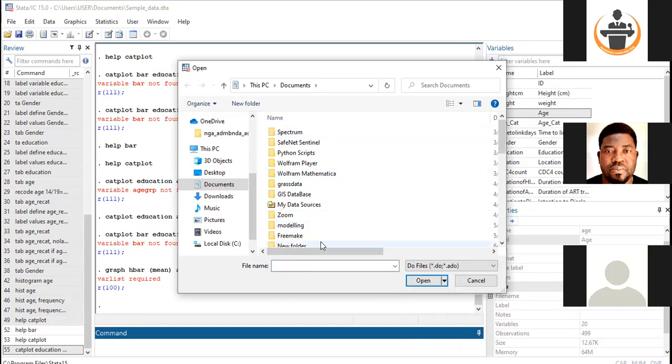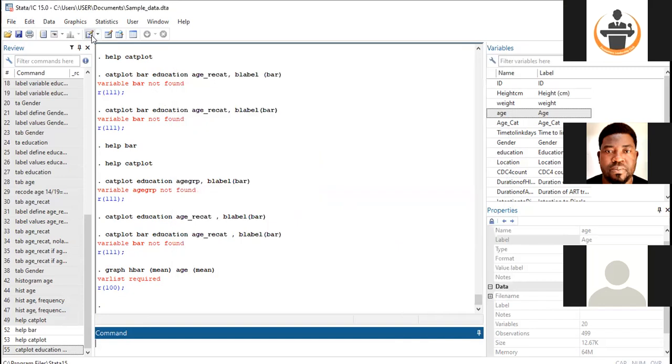Then you locate where you saved it. Alternatively, this is the icon for do file. Okay, new do file. When you click it,